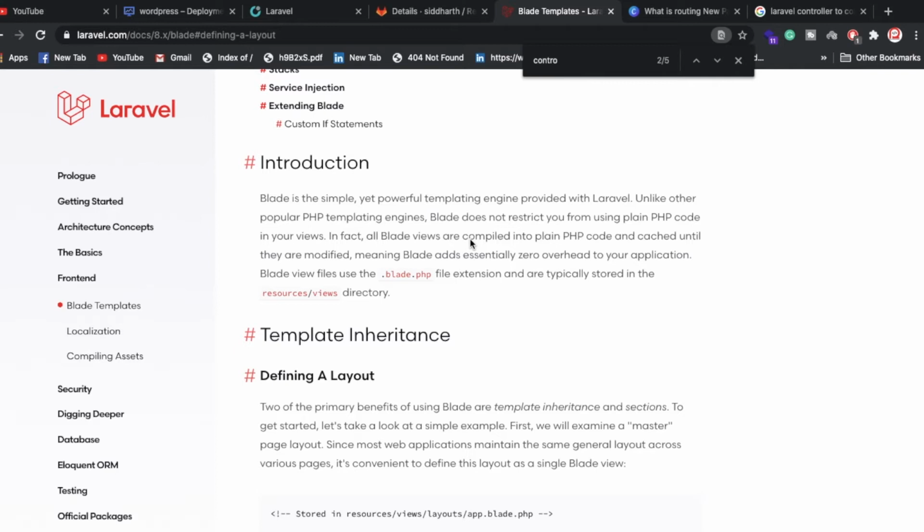Now I'm going to show you how to create a component and how to extend from different components. First of all, I'm going to show you Blade: how you can create a Blade file and how you can extend it from different sections. I'm not going to waste a lot of time writing code, so I'm going to explain how you can create a layout, a master layout, and how you can inherit from it in a child layout. So we will discuss these things.